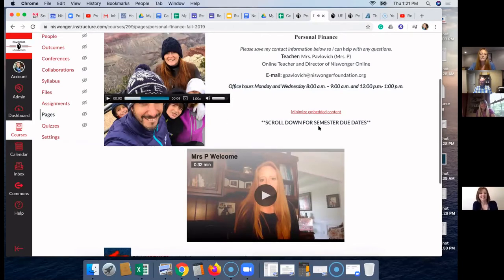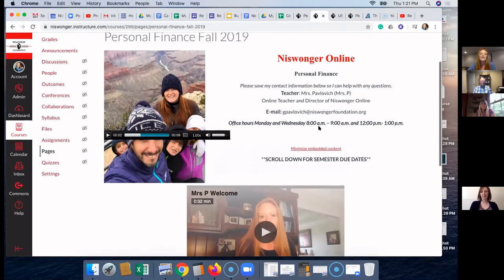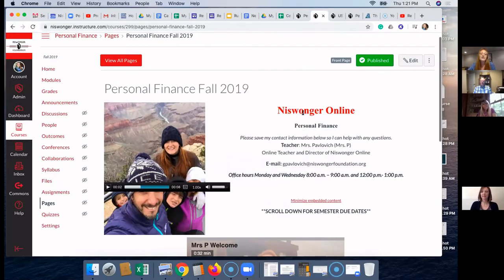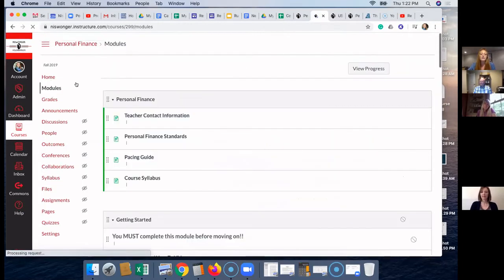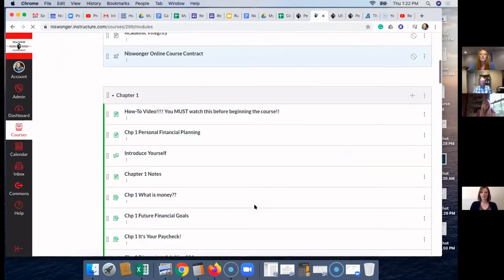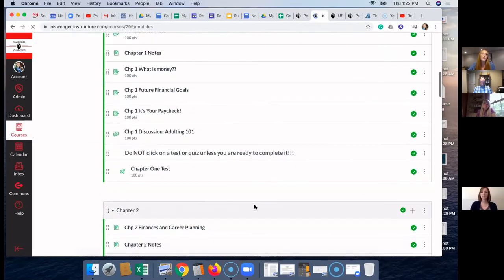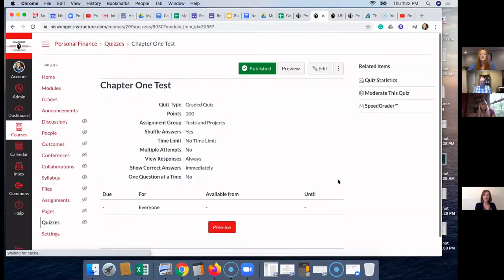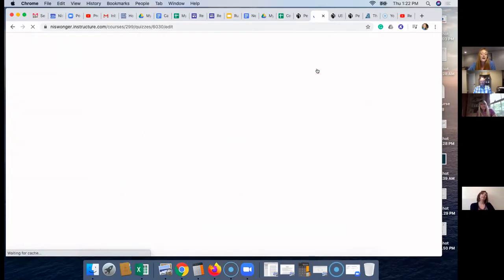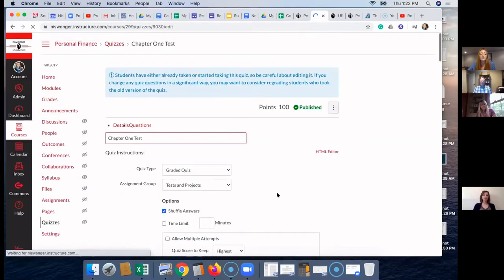So there's that media recording. And here's the great thing about this. You don't just see that icon here. You see that icon everywhere. So you could do a video recording of yourself before a test. And, you know, maybe you want to give your students information about the test, or maybe you want to do a quick review, a little 10-minute review before the test.